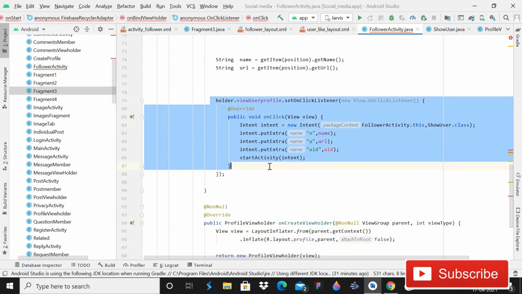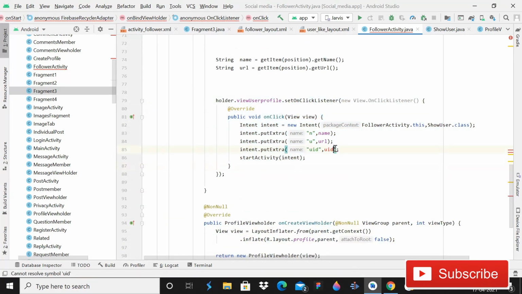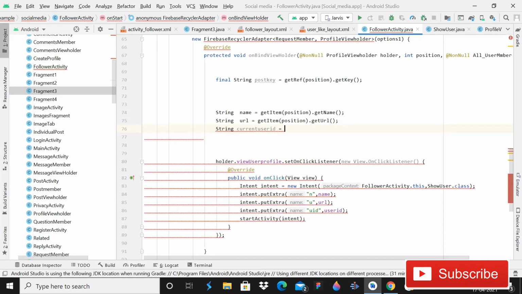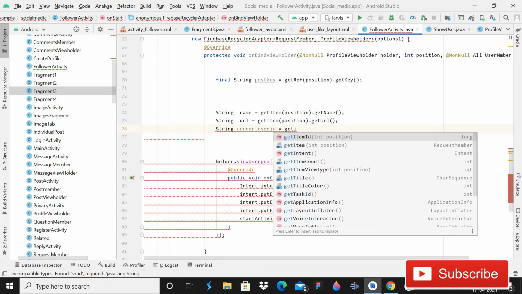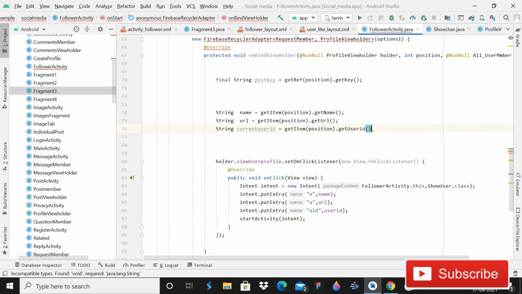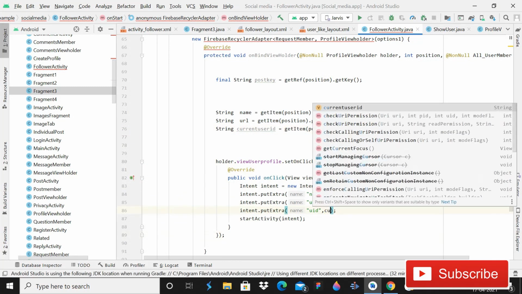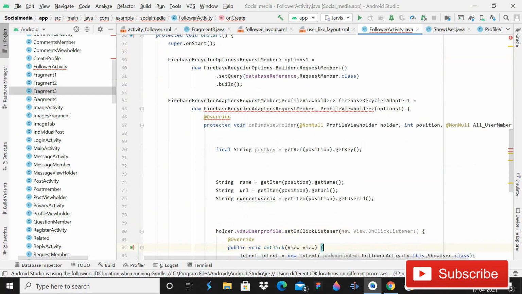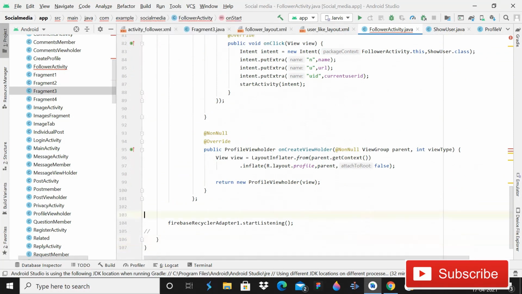So now we will retrieve the string current user ID equals to get item position dot get user ID semicolon. So here you have to pass that current user ID, understand? So why is it creating a problem?